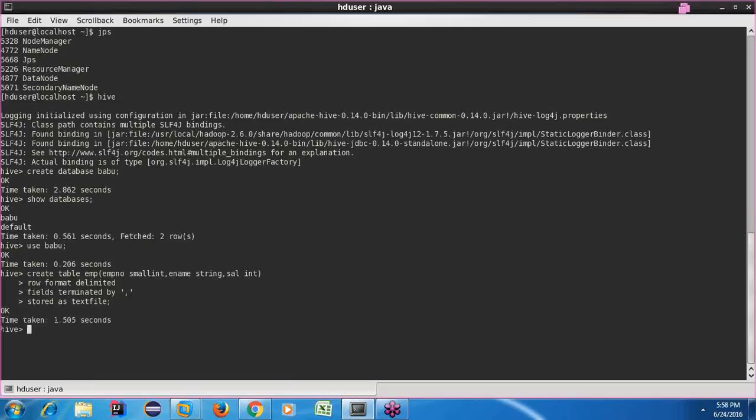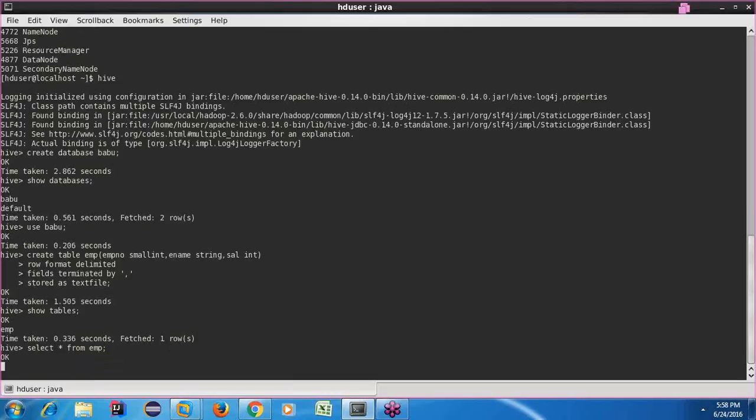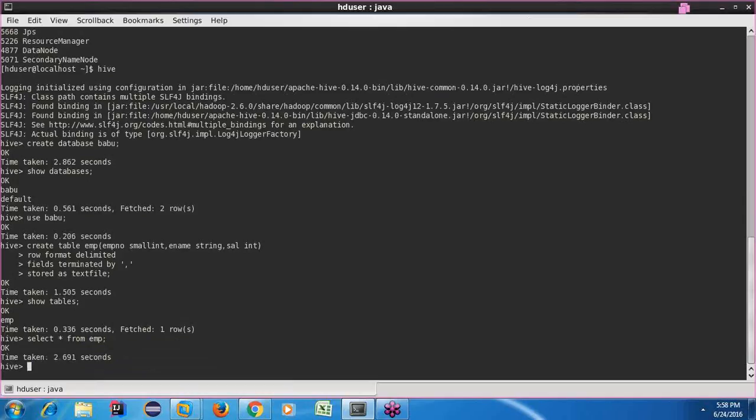Okay, my table is created. It's cool. I would like to see, is it really created? Yes, it is really created. Now guys, most of you are aware of ordinary, normal SQL. I would say select star from EMP. One thing I would like to tell you here is if you are getting OK, that is nothing but the SQL statement you have executed now was executed without any issues, without any errors.